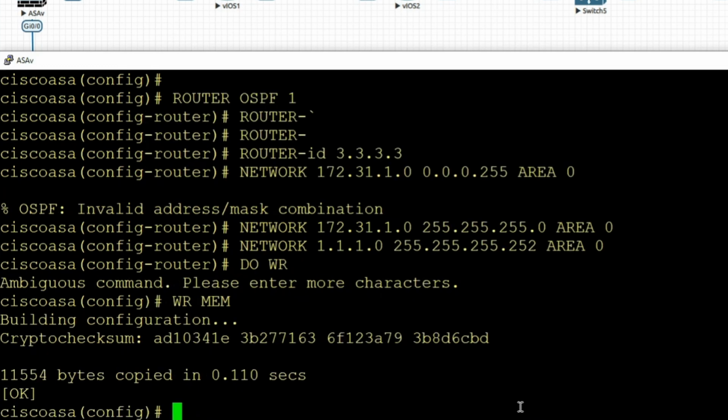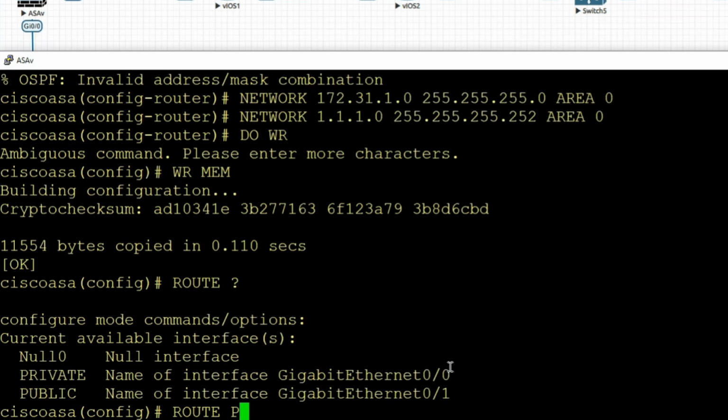So one of the things that you're going to do is also do a default route. Okay, so default route is different than how you do it on the router, but it's the same purpose. If there's a network that's not in your routing table, you're going to use the default route to get out. Okay, so you're going to do route outside. Is it outside? No, it's route public. Sorry, I'm so used to that. People say outside, inside, I don't do that. Route public. Okay, because you can see that it says right here: null, 0, private, public. It's public.